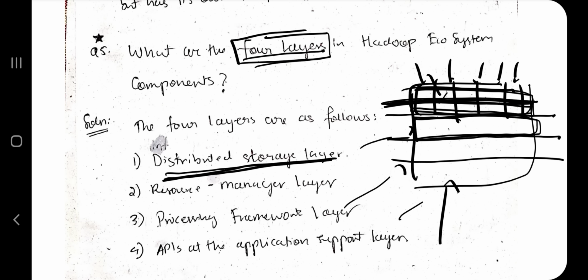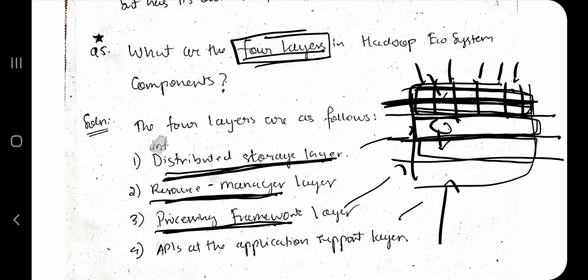In the head, what will be there? The data will be stored, okay. Resource manager: all the data will be stored and it will be managed. In the lower part of the middle, the head will also be there. There the processing framework will happen. All the processing of the data which is stored will happen. So here people are sitting, here the data is stored, here the processing happens, and at the last, API